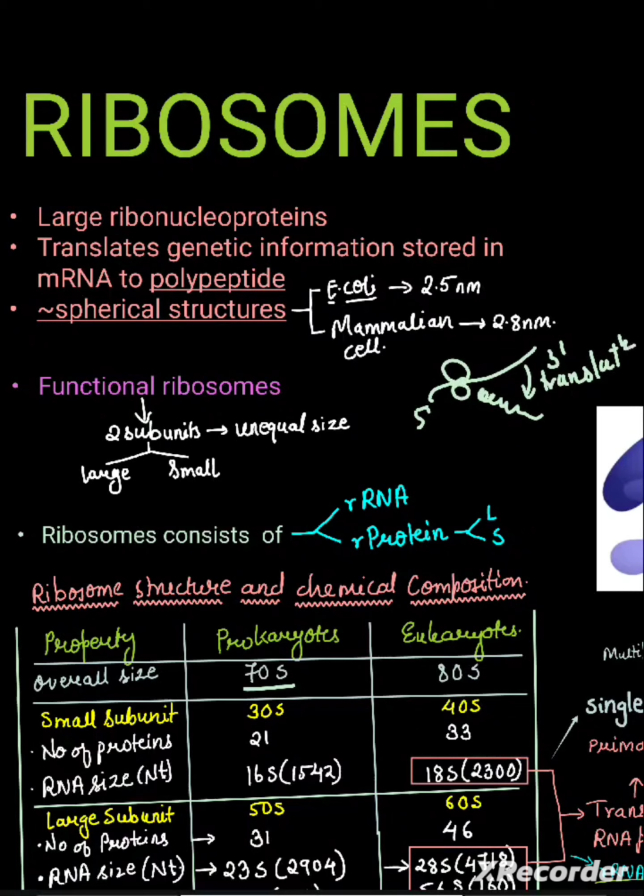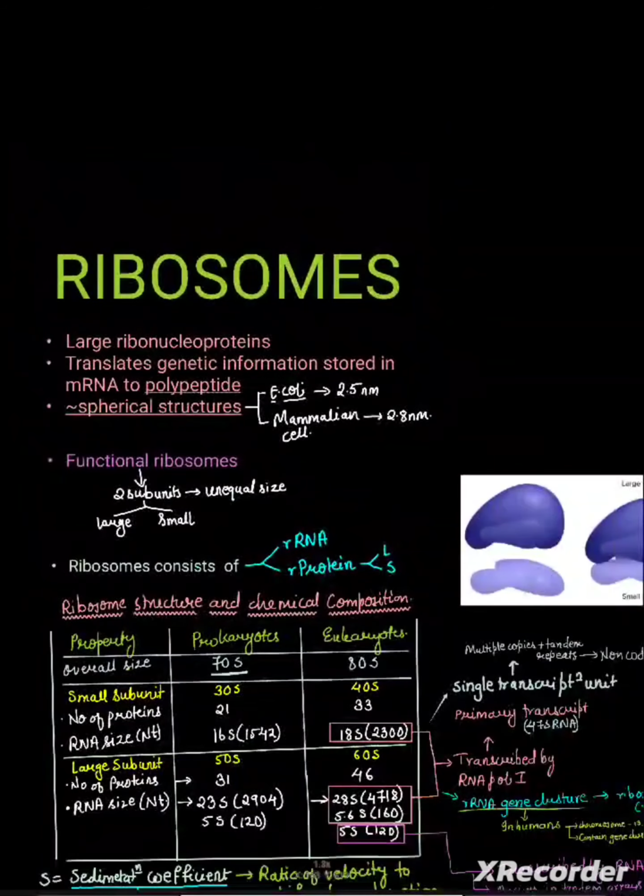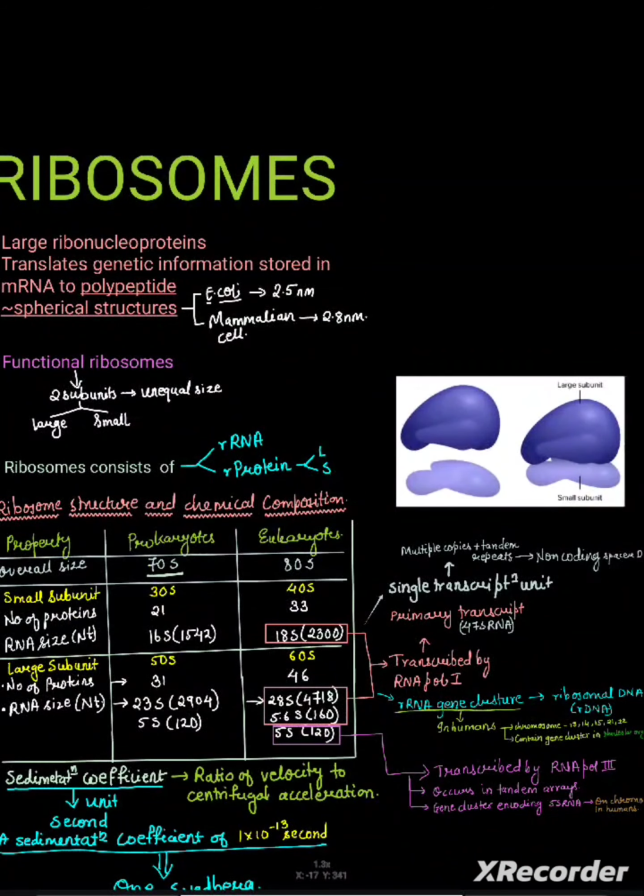Now, they are roughly spherical in structure, and in E. coli the diameter of these ribosomes is roughly around 2.5, and in a mammalian cell it's 2.8. As I said, they have a larger subunit and a smaller subunit. It's shown here. This is your larger subunit, this is your smaller subunit, and they have ribosomal RNA and ribosomal protein,